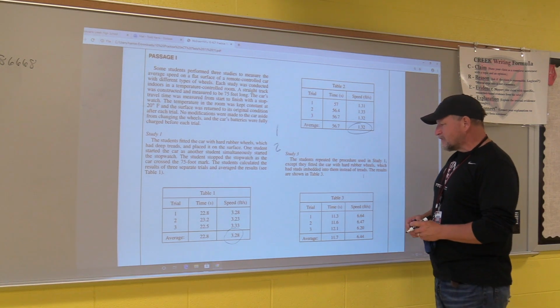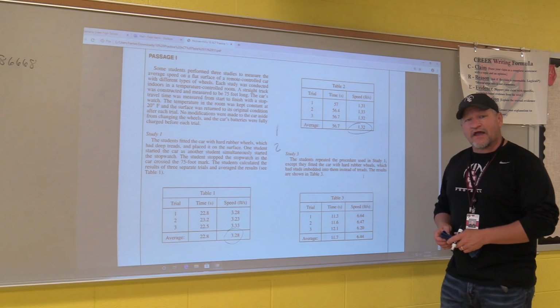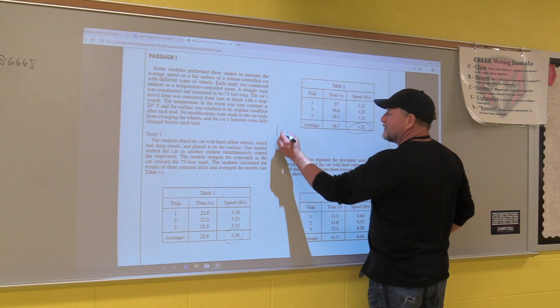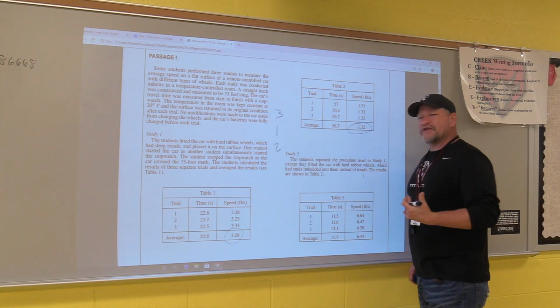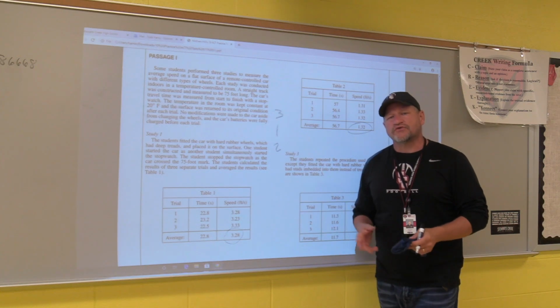Then I take a peek at table 3. Is it set up the same way? In this case, the answer is yes. So I look at the average right here. I see that it is faster than table 1. So what I just did is I put them in order according to which one's fastest to which one is